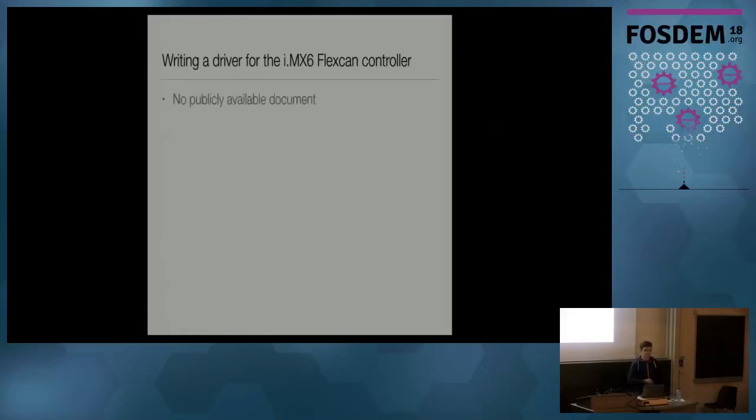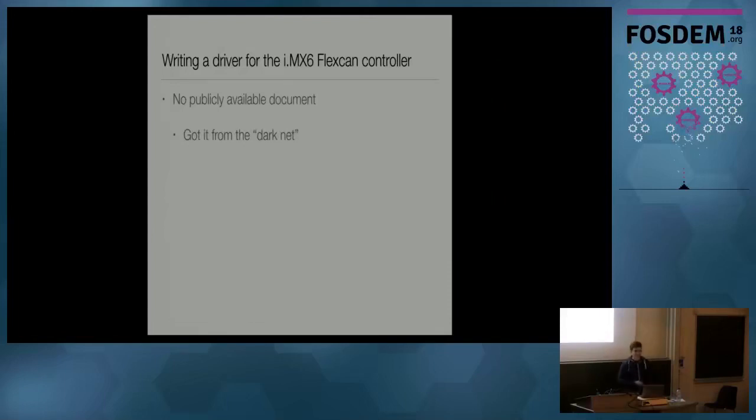Yeah, there's seemingly no publicly available document for this Central Security Unit. So what you do is you go to the Freescale NXP website, create an account, log in, and try to see whether you can download the document there. And unfortunately you see, okay, it's a restricted document. Of course it's about security, so you have to make it restricted and not publicly available. So then you kindly ask or send an email there and never hear anything back. So you start searching the internet, and at some point in time we finally found it in the darknet.